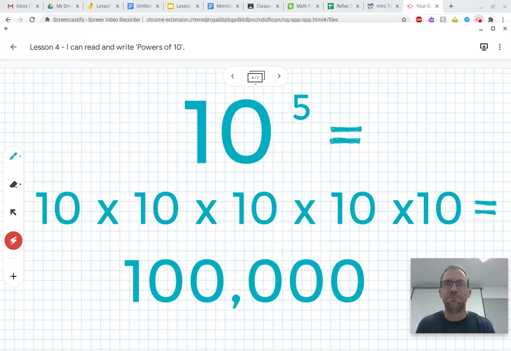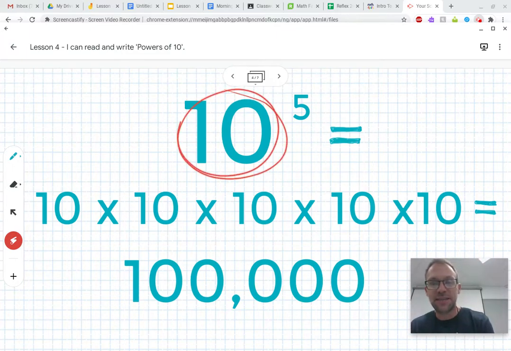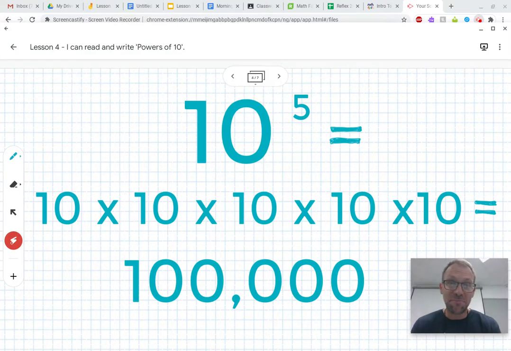power of 10. So a power of 10 is just a special name for a number written in exponential notation that has a base of 10. There's our base, the big number. It's 10, and that makes it a power of 10. Here's our exponent. So in this example, the exponent 5 tells us mathematicians to use the base 10 5 times